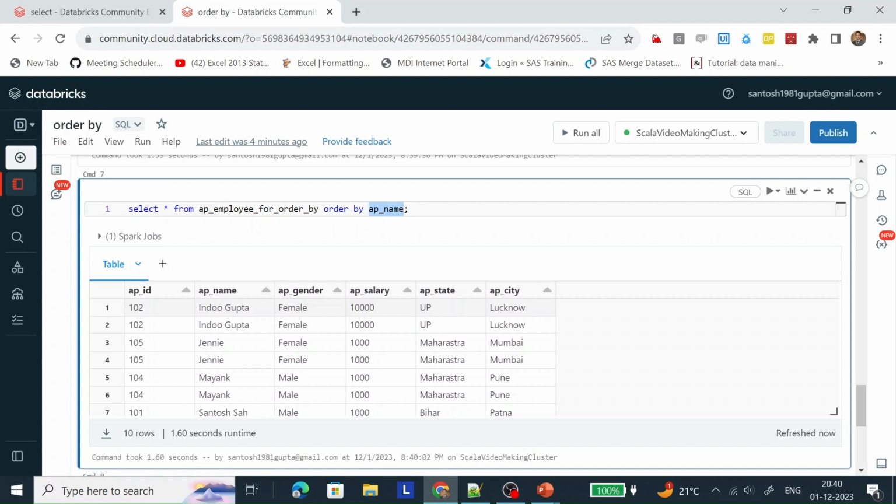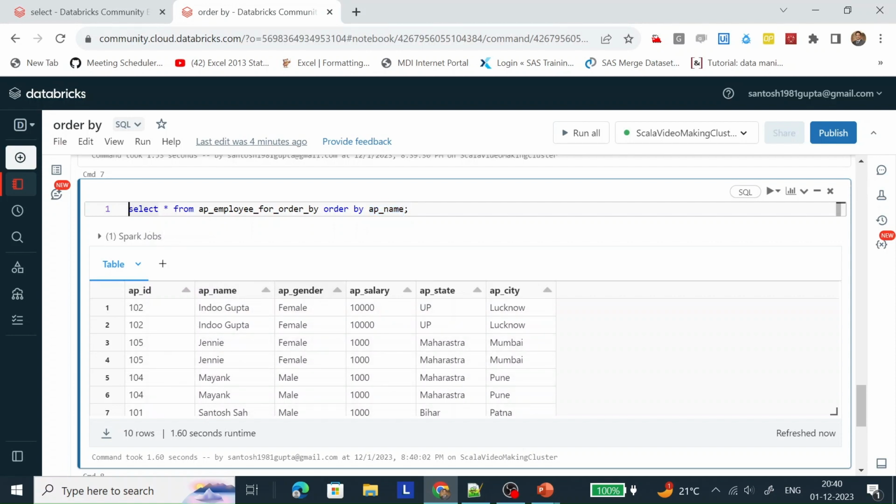This is of a string type. We didn't provide any ascending or descending, so by default it has been considered ascending order. That's why this name column has been sorted from A to J. That's why I is coming first, then J, then M, then S, like this.